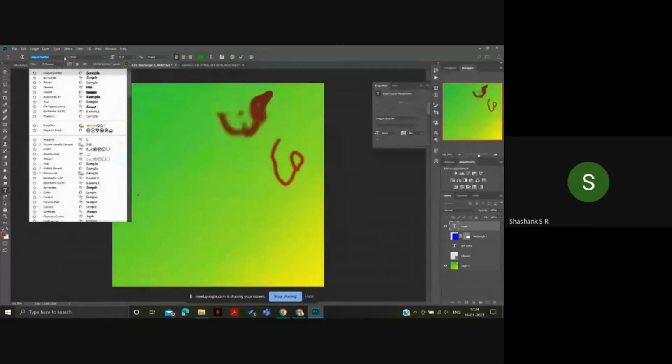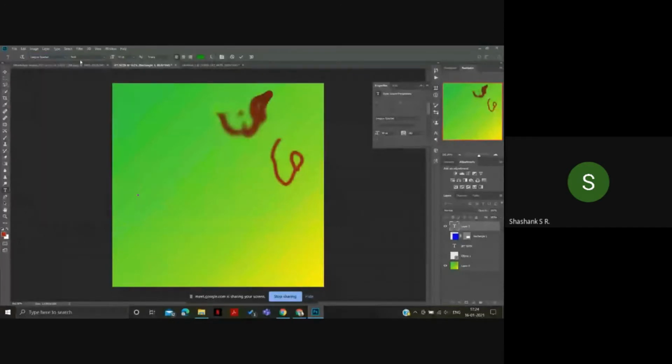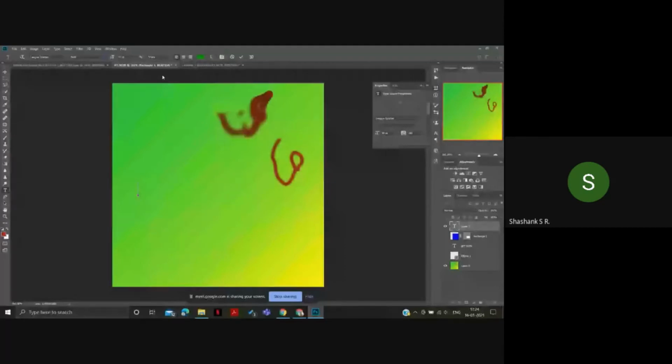This gives you whatever fonts you have downloaded from the website or which are given by Photoshop to you. So you can choose whatever font you want, and then this one gives whether you want bold or italic or whatever you want. And then I've chosen Leaks Spartan font, and then I'll be typing here.